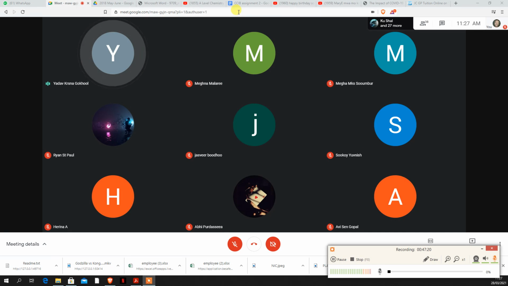This one is a tertiary halogenoalkane. Tertiary halogenoalkane. So when it is a tertiary halogenoalkane, if it undergoes a certain reaction, this one is going to give me